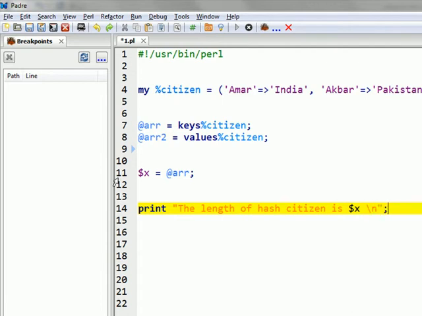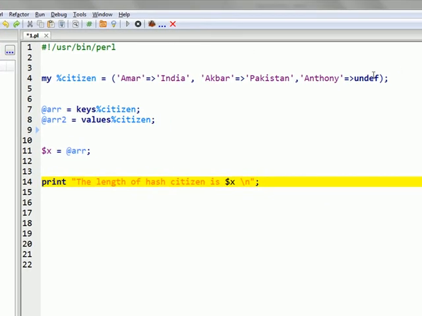Generally, it is advisable to take the number of keys present as the length of the hash, because without a key there cannot be a value, but without the value there can be a key. So it is wise to take the number of keys present. So how can we obtain it?